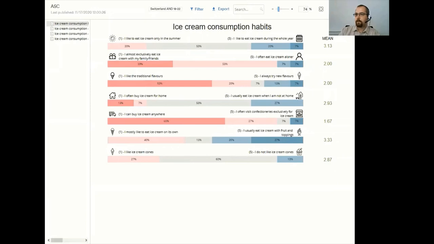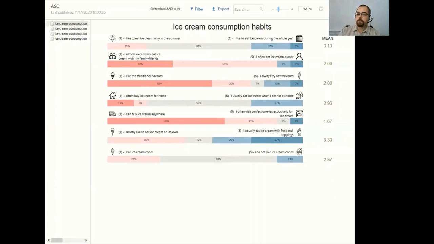And finally, I can use some more filters, but let me ask questions before. What do you think? Do females eat ice cream alone or more socially? Do they like new or traditional flavors? The answers are in the dashboard. Please take a look at the second and the third rows, and you will get the answers within a second after I choose the right filtering.